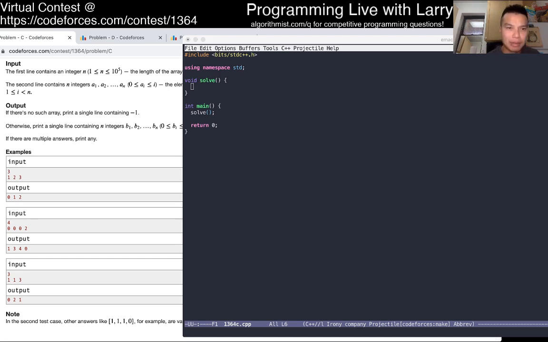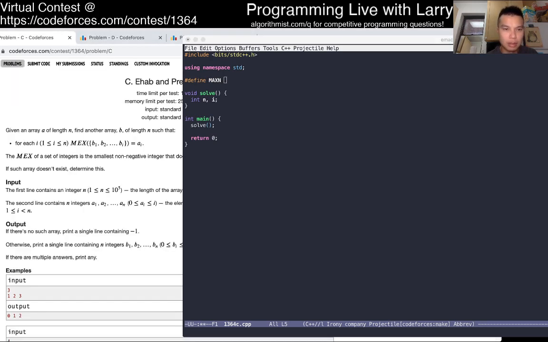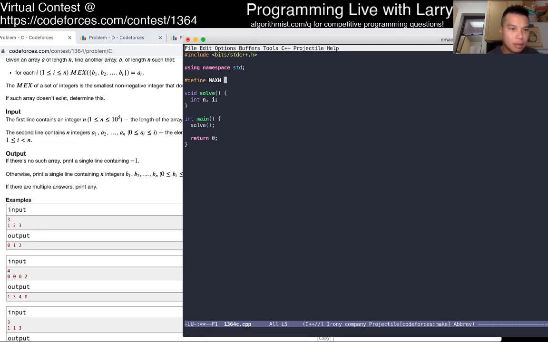Okay, let's play around with that idea. 10 to the 5th. Yeah, it is a little bit global-y. I am used to picking up a case.